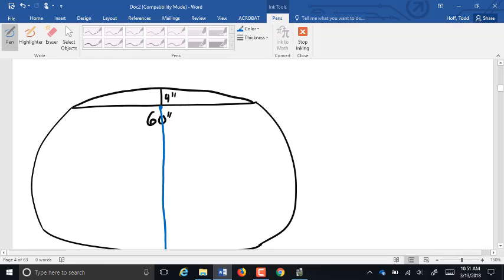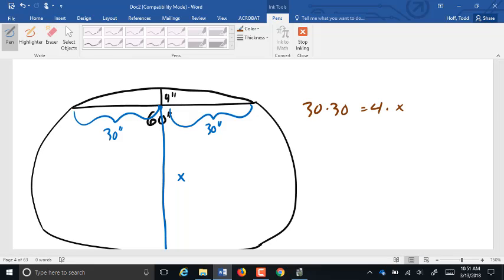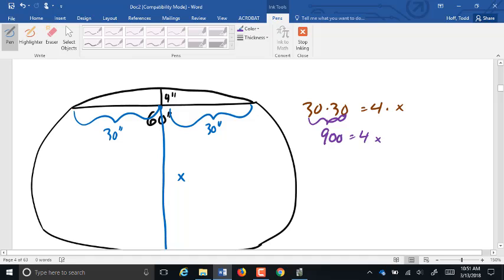We're still going to find this dimension here is still x. This still gets cut in half, so each of these pieces is 30. So we've got 30 times 30 equals 4 times x. 30 times 30 is 900. Divide by 4, 225 equals x. So x is 225,